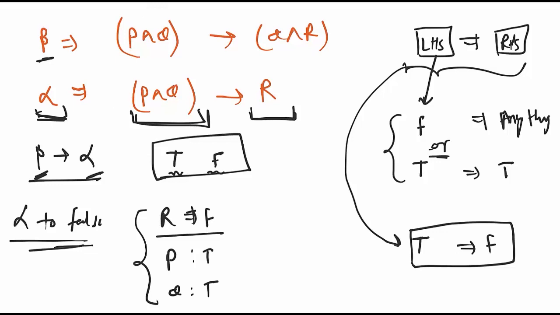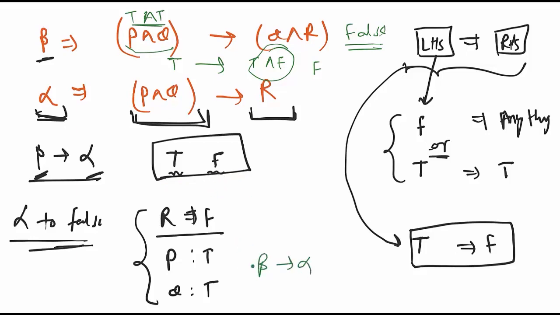Now let's check whether I can make beta true. See, if I put true and true, then this complete thing will be true. Imply Q is true and false. True and false is false. So true imply false, this is false. I'm not able to make beta true, right? So the true false combination is not arising here. That is why this beta imply alpha is also a tautology.